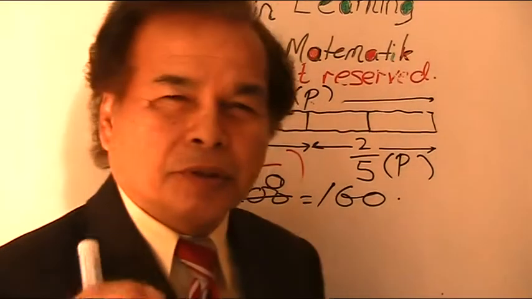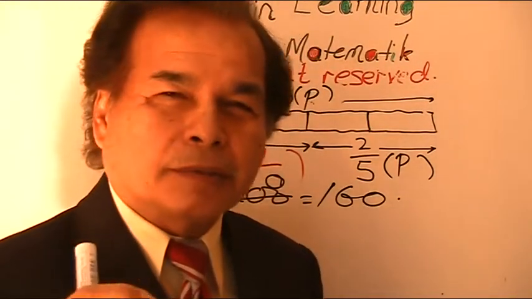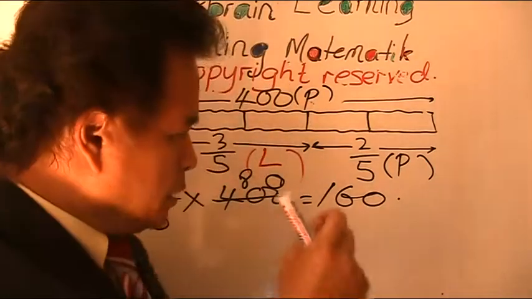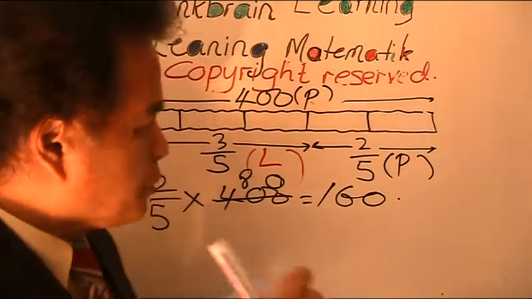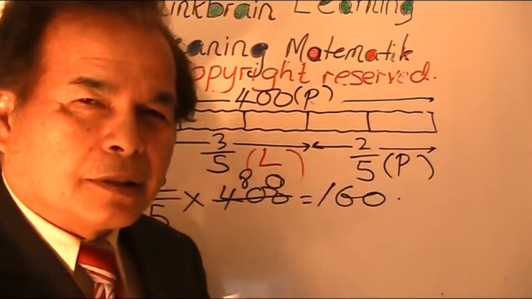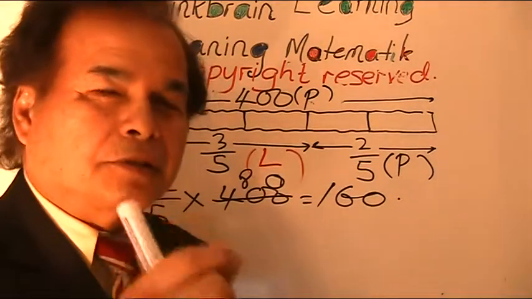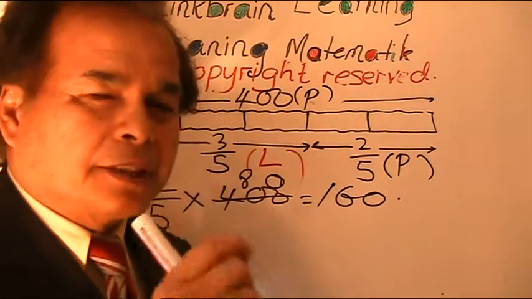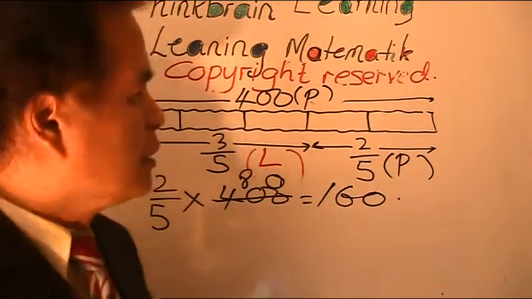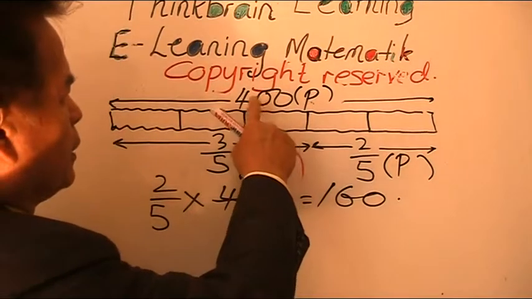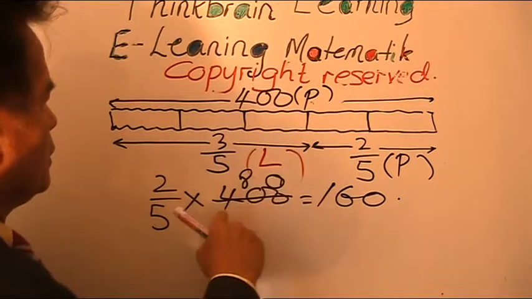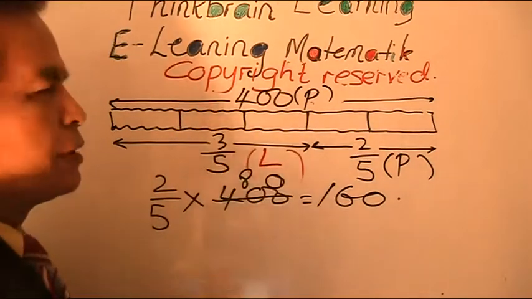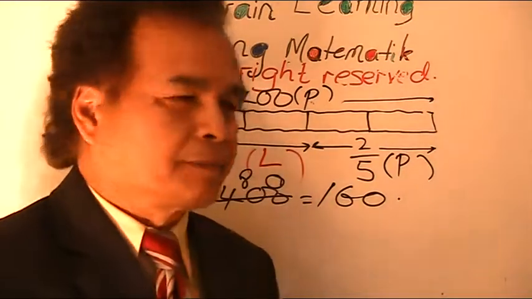Macam mana nak fikir? How do you think about what you have written and how to understand? Perhaps the next step, first you copy down. Second, you understand. Try to understand. Either one lah. You try to understand, then you copy down, and then you rethink. Fikir balik. What do you do? Maybe you change this to 800, and instead of 3/5, you change to 2/5, and then you try to solve or ask your friends to solve.